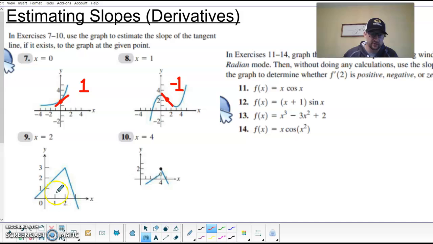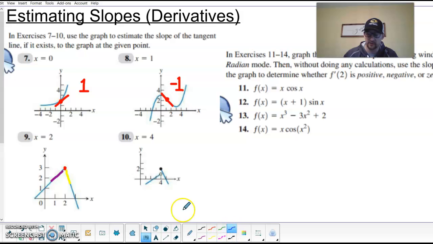Number 9, what's the slope at 2? Well, here's 2, go up to the curve at 2, and this is the point. What's the slope right here? Well, this is a tricky one. As we're approaching from the left, we have this nice solid slope because it's a linear function. This looks like a piecewise function. I have a line here, then I have a different line to the right. Well, because these two slopes are hard, fast slopes, and they don't match, there is no slope at that